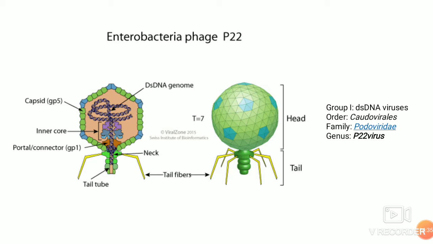The capsid has icosahedral symmetry, approximately 600 angstroms in diameter, and consists of about 420 identical copies of a 47 kilodalton gene product, which is called GP5 or coat protein. It is a very stable structure because nucleases and proteases are not able to successfully degrade it, even in drying conditions.